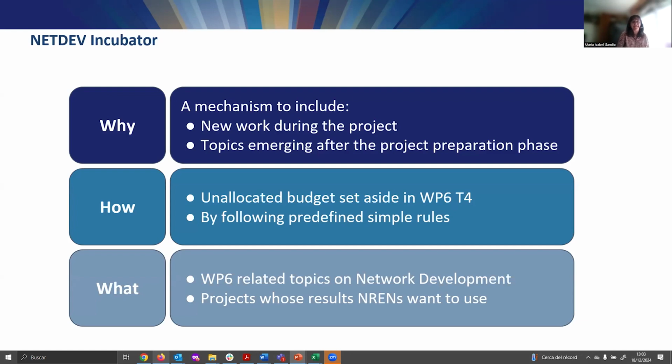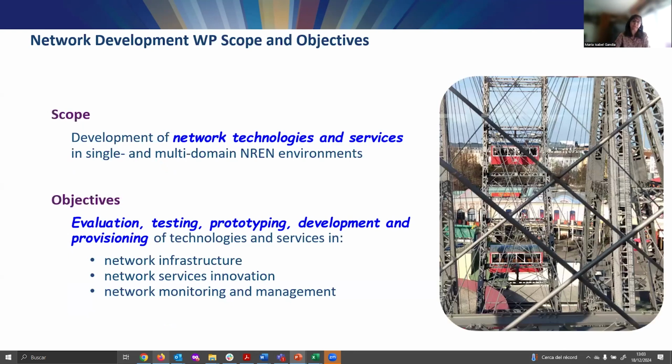The projects that are sent to the incubator have to do with Work Package 6 related topics on network development and projects whose results the entrants, including the candidate entrants, want to use. The scope has to be inside the network technologies and services in single domain or multi-domain entrant environments, and the objectives can be very different. It can be evaluation, testing, prototyping, development, provisioning. It can be many things, but always about network infrastructure, network services innovation, network monitoring and management,